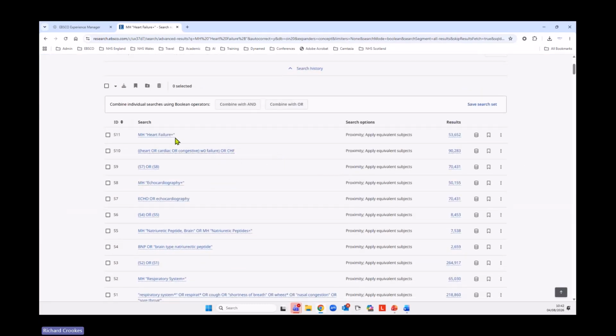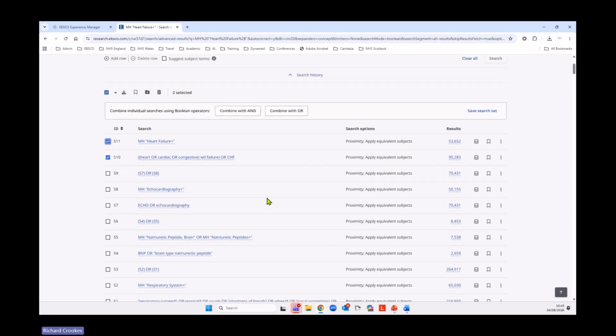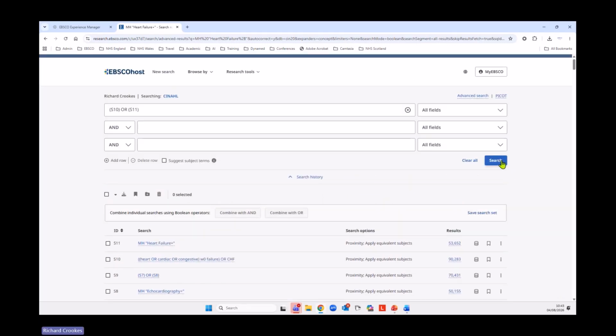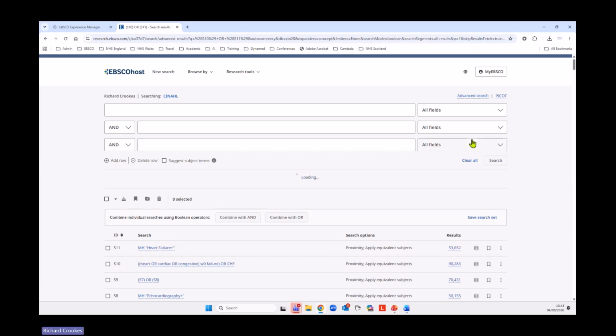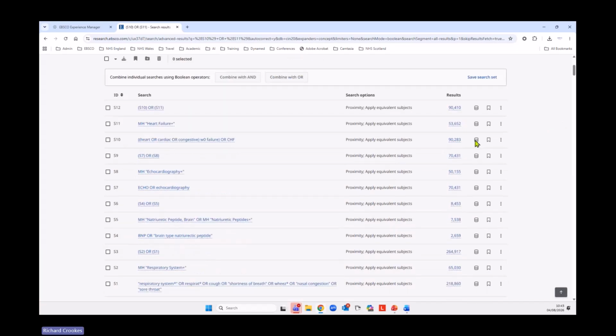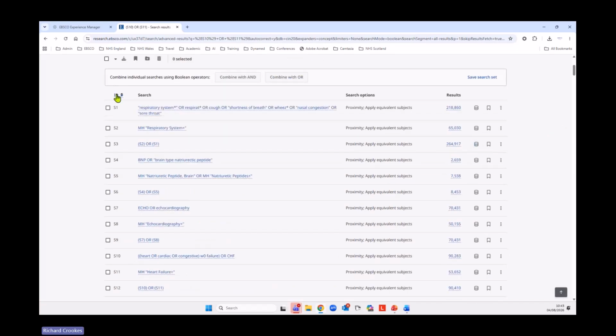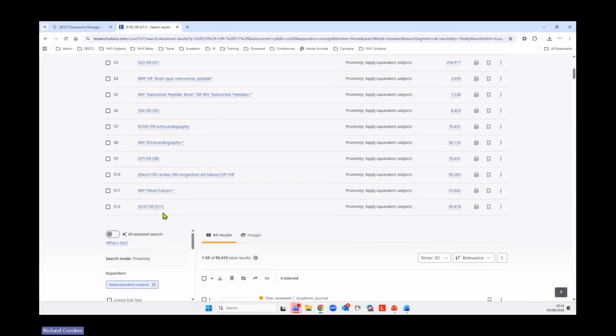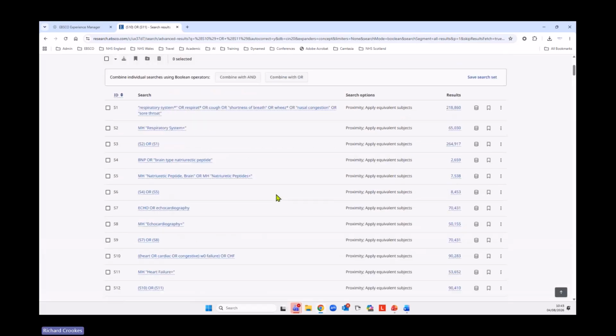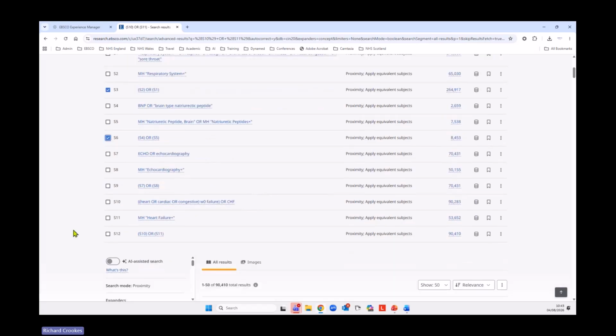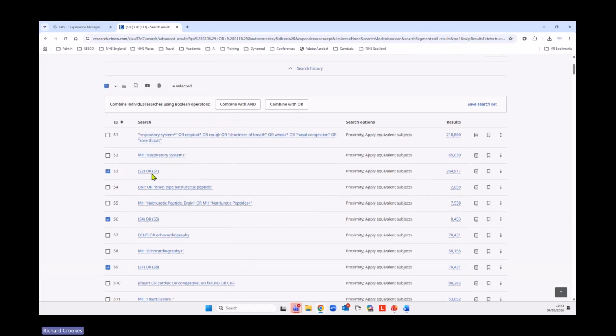So again, I've got both sets here, so I can combine S10, S11 with OR, and then search here. Okay. So again, just to resort the sequence, I'm going to click ID here, so we can see we're now S1, S12, and then what I can do here, I combine those sets. So we're looking at the initial patient problem, etc., PICO, combined with the intervention, BMP, then echocardiography for the comparison, and then related to heart failure, of course. So it's the 4 elements of PICO there. And then I can combine with the Boolean